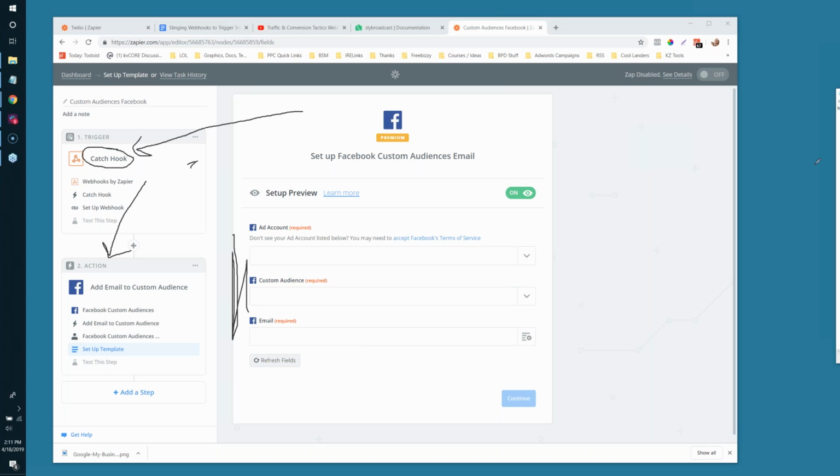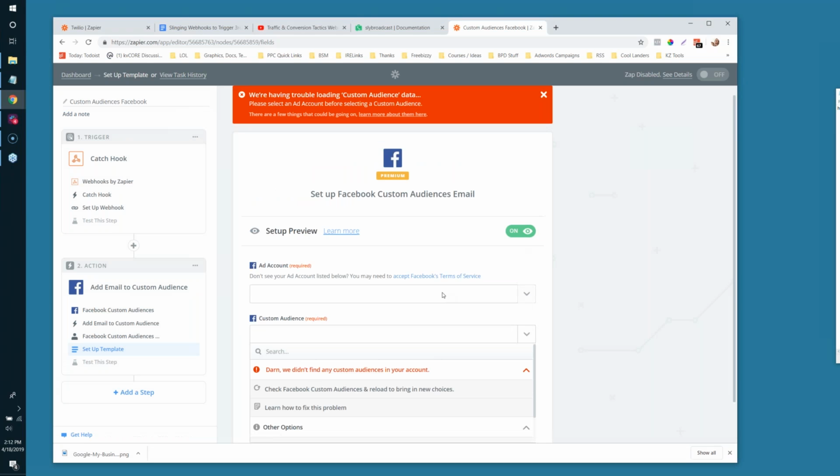I'm trying to Khan Academy this and make it as simple as possible, because at first it's really abstract, but when you do it one time, it's like, oh, duh, this is really straightforward. If I just follow the wizard in Zapier, it all works out. But the first time it can be a little disorienting. So let me clear out my drawings and show you what that looks like. It's going to ask me,